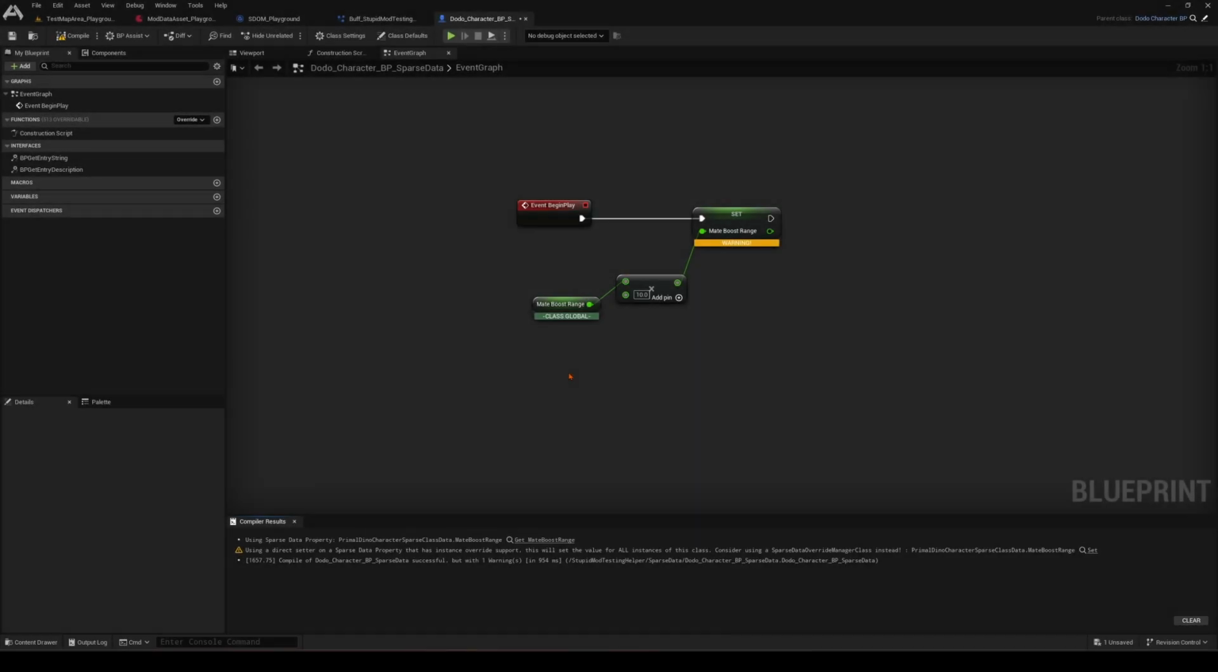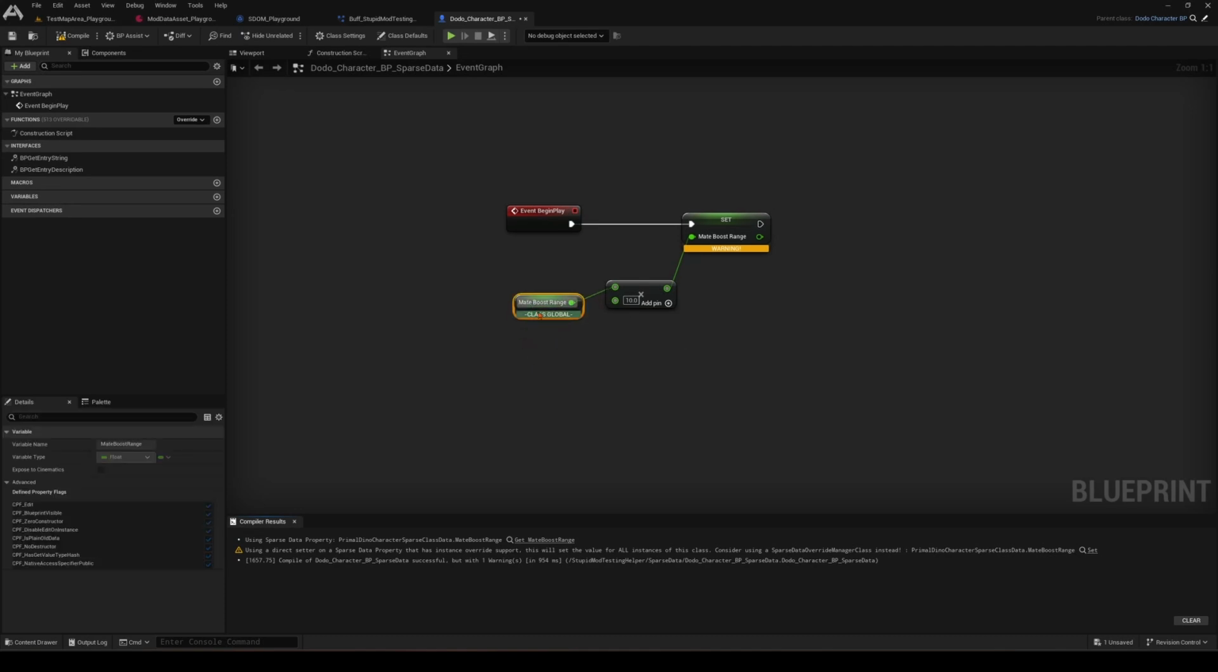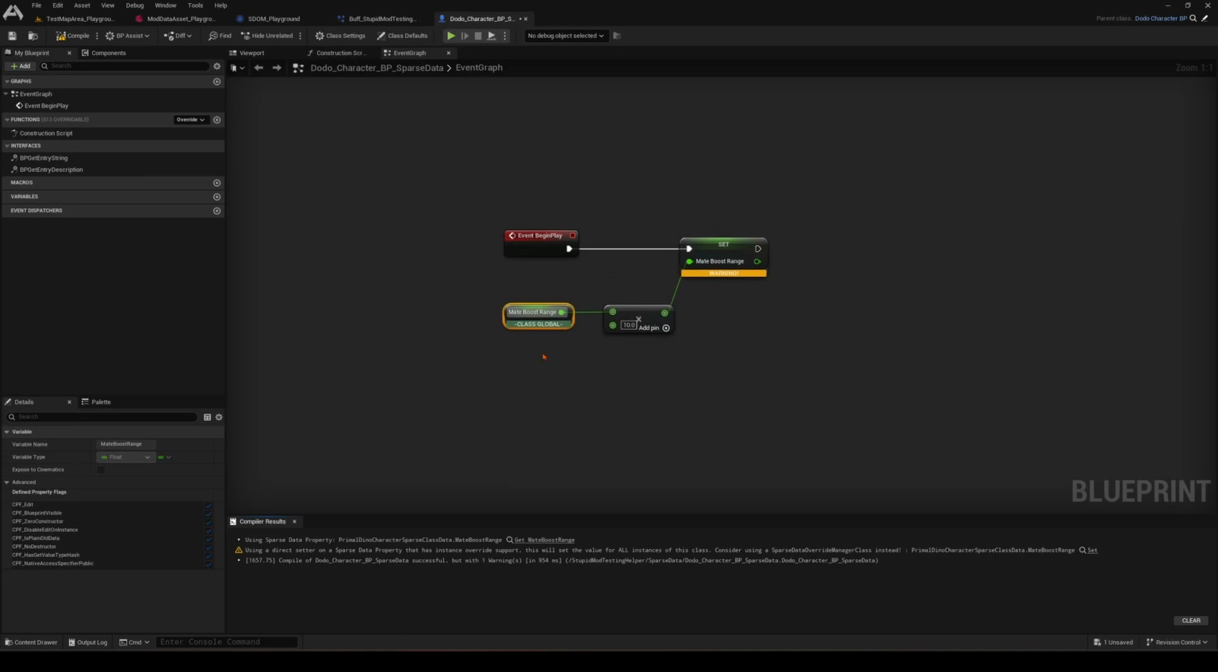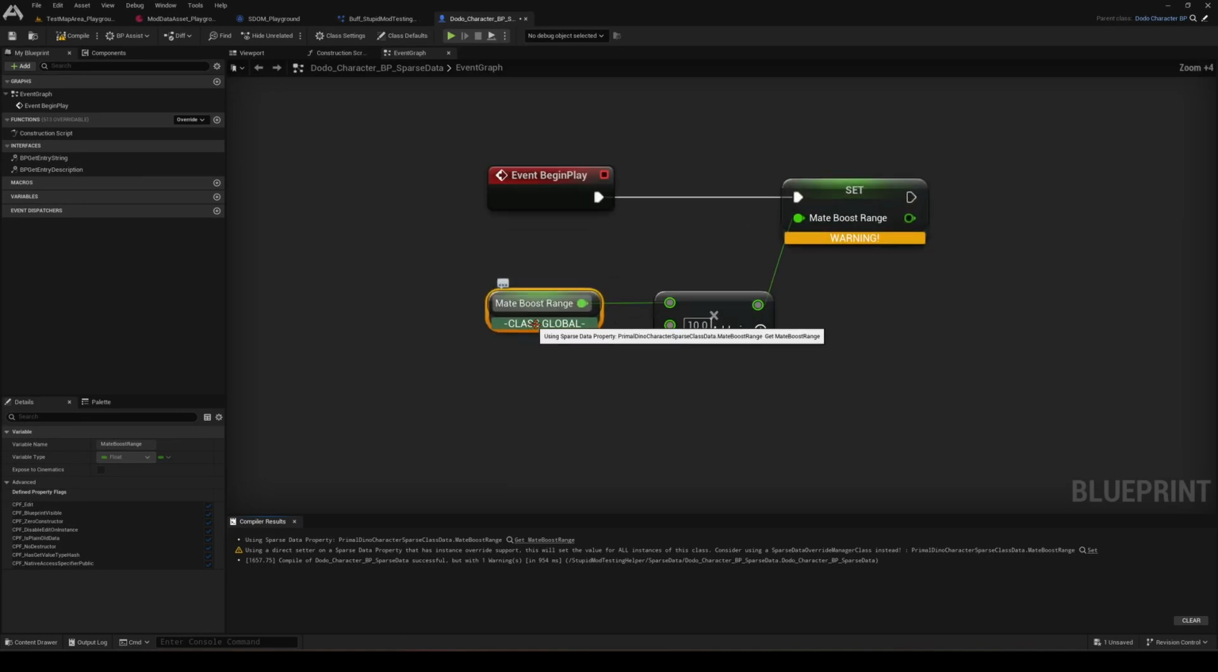As of the 5.5 Unreal Engine update, there is something known as Sparse Data included in the mod kit. This is applied to certain variables on certain classes, like demonstrated here. I'm in a Dino class, and there's this variable, mate boost range. When it's connected to the graph like this, it says class global. And what this means is this variable value will be applied to all instances of this class